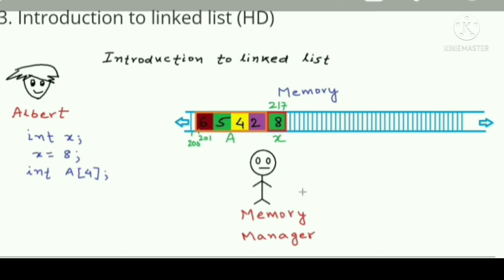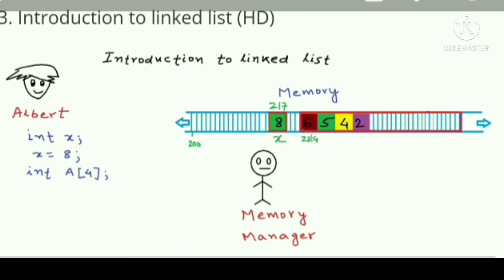So Albert is like, what all options do I have? Memory manager is like, you can tell me the new size and I can recreate a new block at some new address, and we will have to copy all the elements from the previous block to the new block. So Albert says that, okay, let's do it. But the memory manager is like, you still need to give me the size of the new block. Albert thinks that this time he'll give a really large size for the new array or the new block so that it does not fill up.